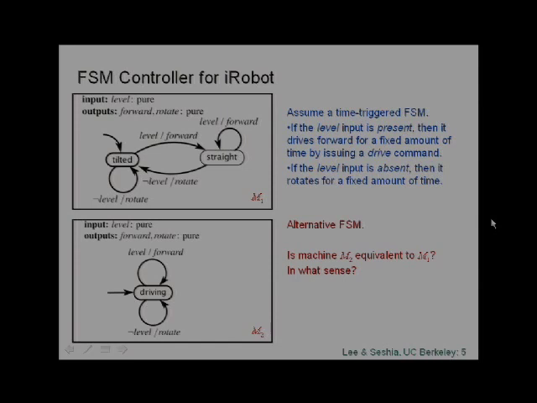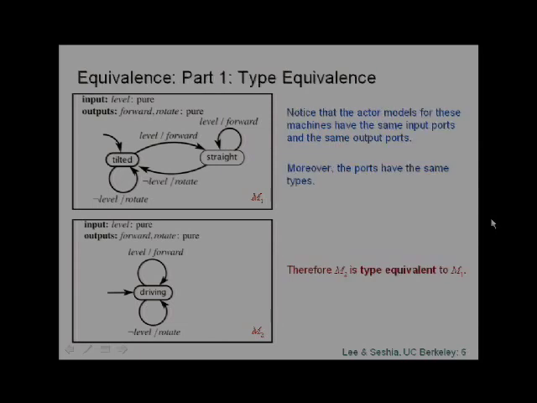Okay, but we'll see in this lecture that there are other kinds of equivalences that we also have. In fact, there are three definitions of equivalence that we look at, and they are in increasing order of strictness, right? The first is the loosest form of equivalence, and then a tighter form, and then another tighter form. The loosest form of equivalence we'll see in the lecture is type equivalence. The types here in these two models are simply the types of the input and output signals. Here you have a single input, which is a pure signal. You have the same input, which is a pure signal, and likewise the outputs are exactly the same,